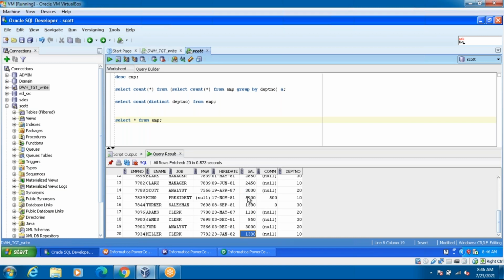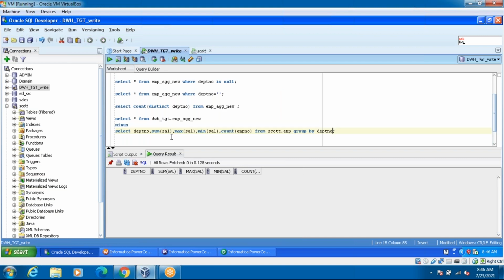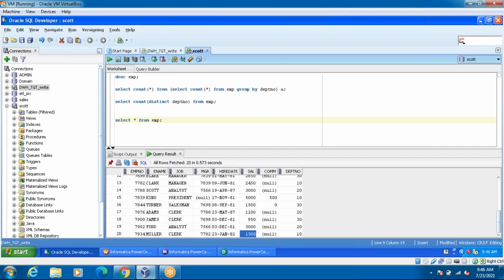If there is a null value, then what happens? We didn't implement any logic here. We are just applying the aggregate columns. If there are no null values, then your query is working fine. If null values are there, then what is the cause? Even the developer didn't apply any logic here, or we also didn't apply it here.